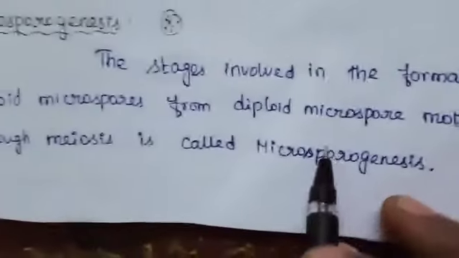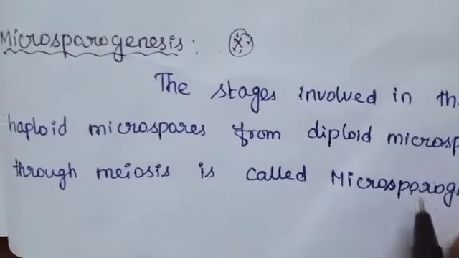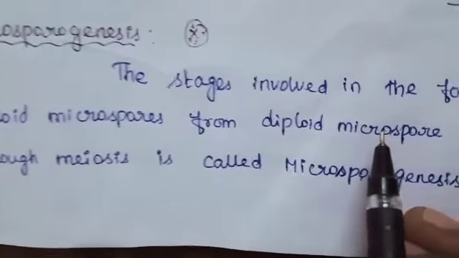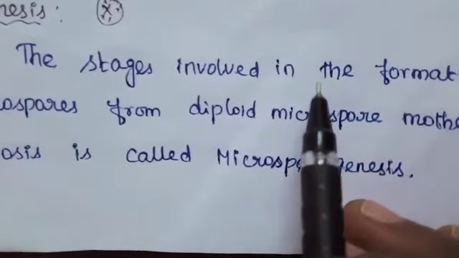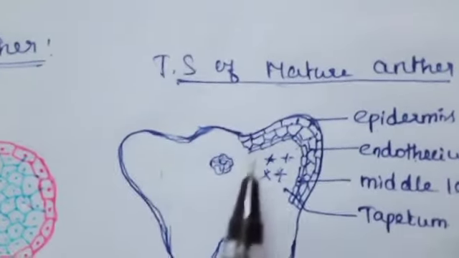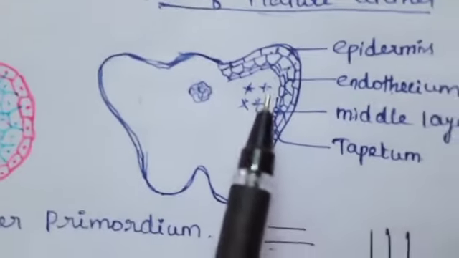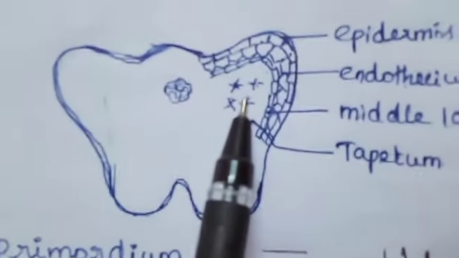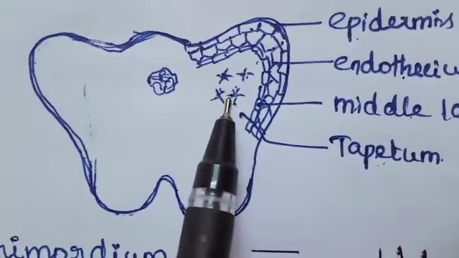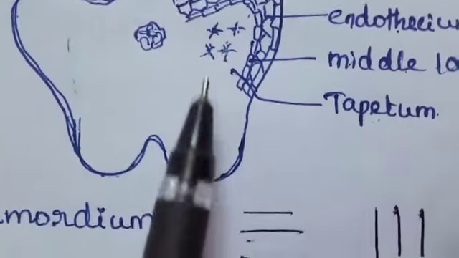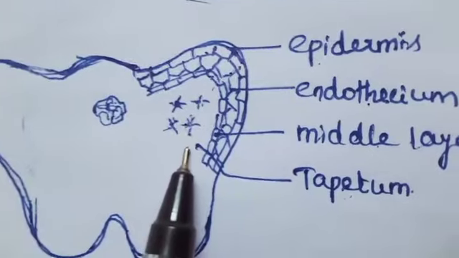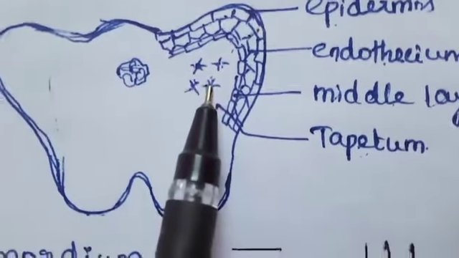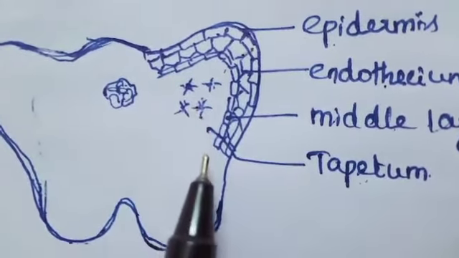So, the microspore mother cell is present in the microsporangia. Each microspore mother cell divides meiotically to form a tetrad of 4 haploid microspores. Microspores separate from one another and remain free in the anther locule and develop into pollen grains. In some plants, all the microspores in a microsporangium remain held together, called pollinium. Example, Calotropis.